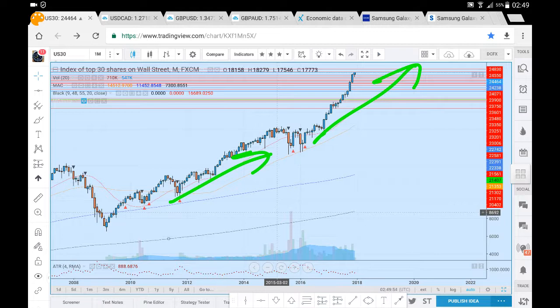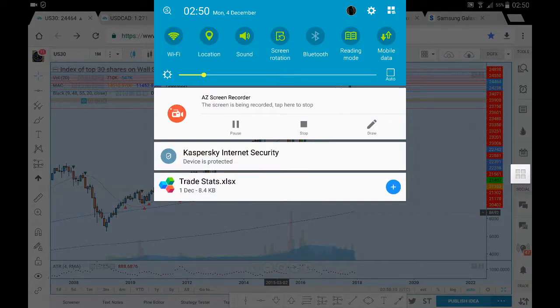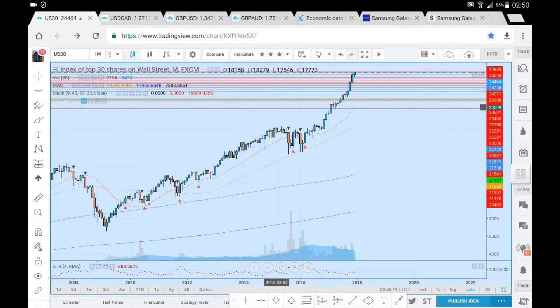We've not had any significant bearishness. We've had a brief schism here in 2014, 2015. Brief schisms all the way down to a 50-period moving average, but we've not had anything too concerning since 2009, 0809 on the US 30. So let's just have a look at the weekly time frame actually. So if we head over to the weekly,